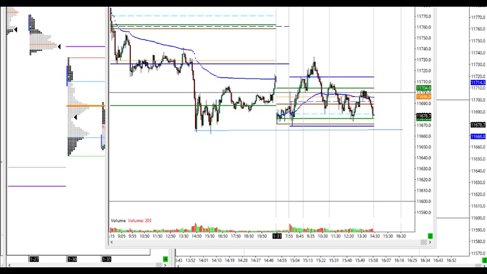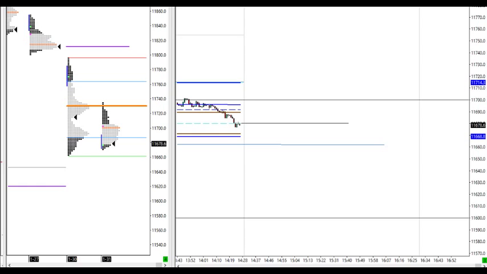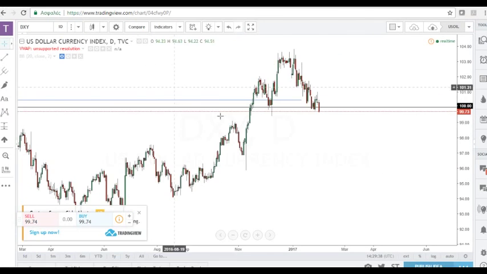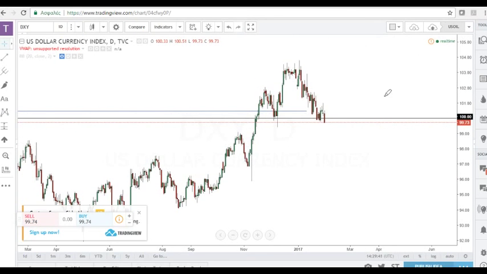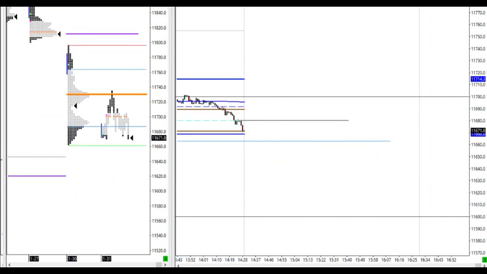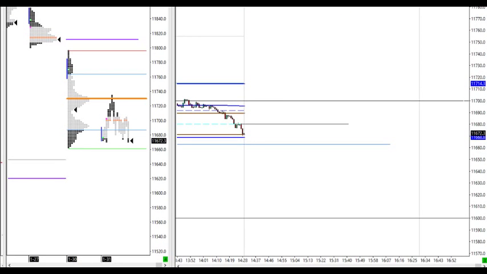So let's see. Also, we'll track the US market to see if we have any kind of correlation or anything leading straight downwards, for example from SPY, so DAX can follow afterwards. Also, we should be aware of the dollar index DXY. Here we can see it failing to hold above the 100 level and going below, as Trump and his US partners are trying to talk the dollar down, basically.